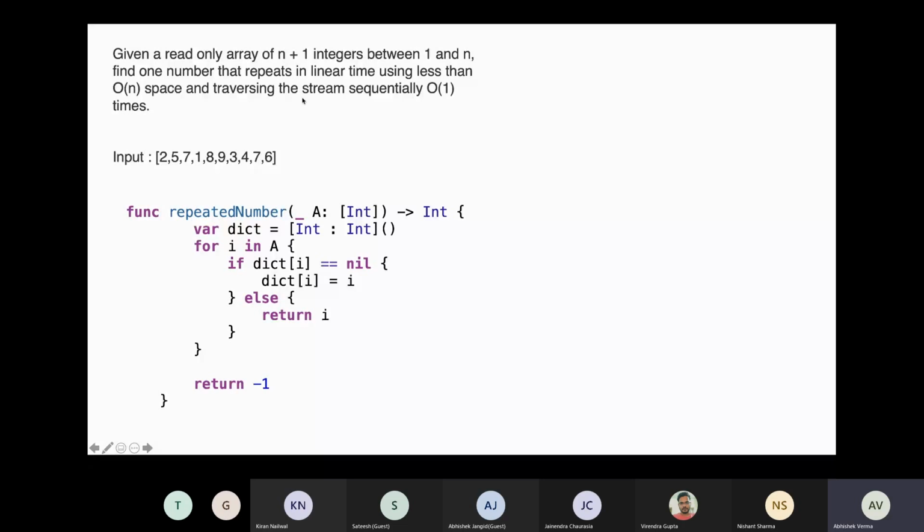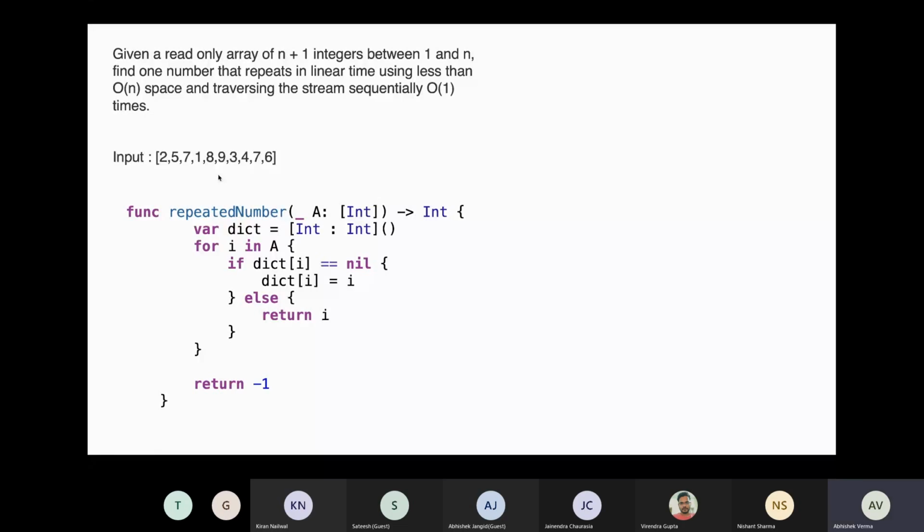We have to find one number which actually repeats, and we have to come up with a solution which has less than O of n space complexity and O of n time complexity. Here it is written that stream sequentially O of 1 times, meaning each element will be read at most O of 1 times. So basically that adds up to an O of n solution.